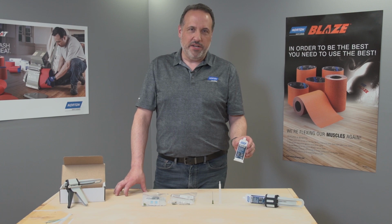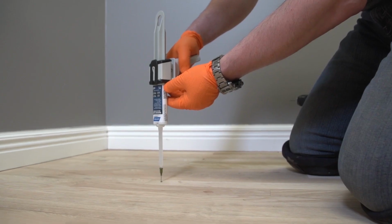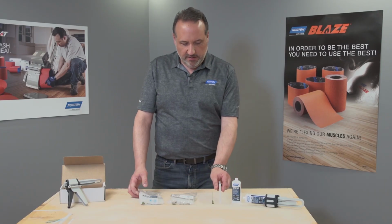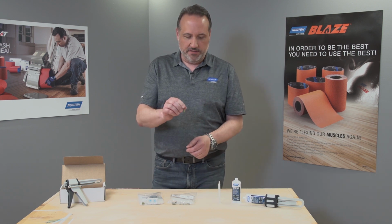This is a quick setting 5-minute epoxy, which is ideal for doing board replacements, fixing hollow spots, and filling knot holes. The epoxy kit comes with 1 tube epoxy, 4 mixing nozzles, and 4 small tip injector nozzles for doing